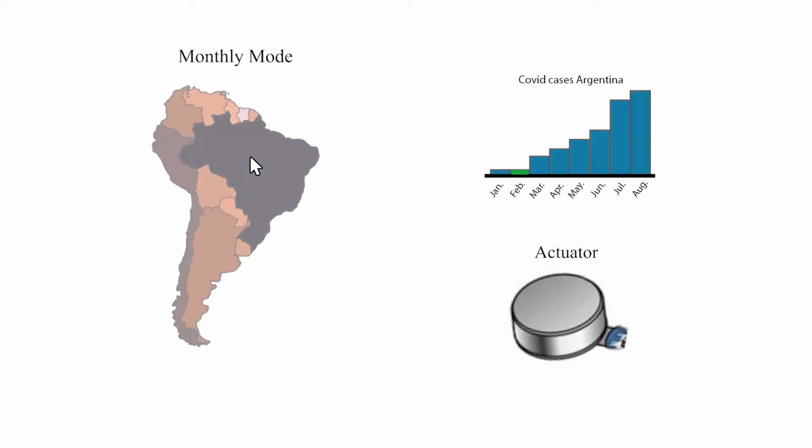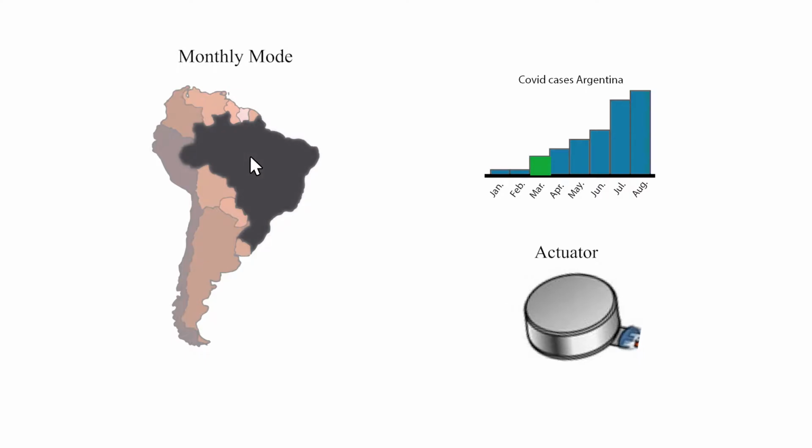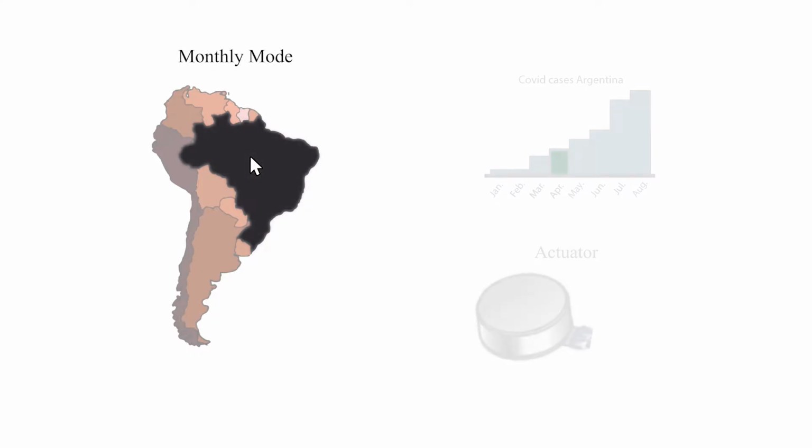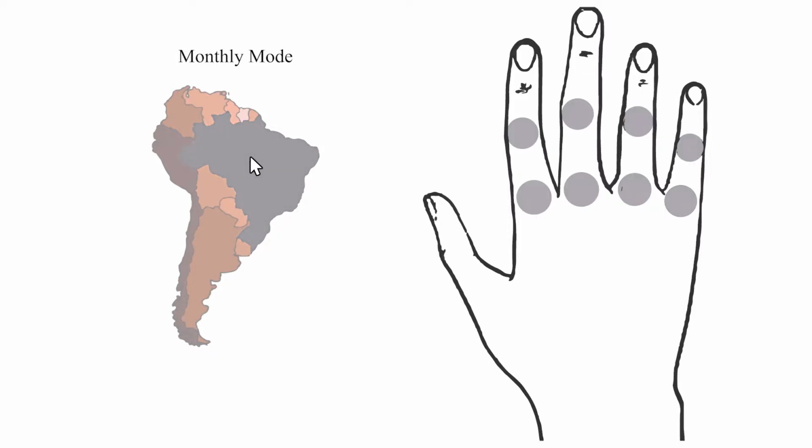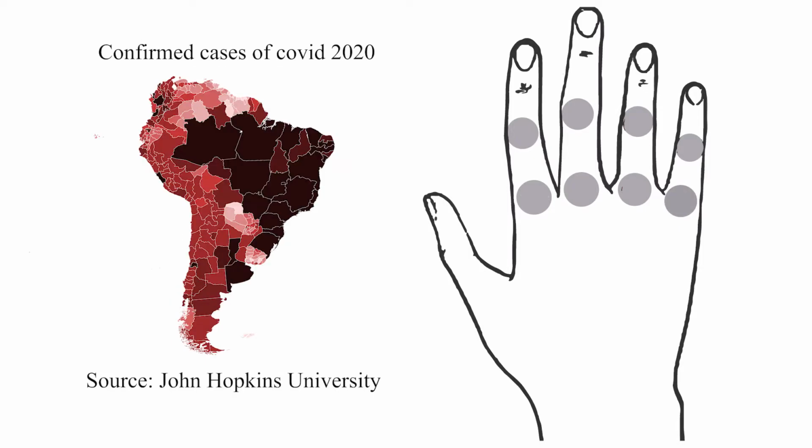In the monthly mode, the COVID-19 data of the country being selected is haptically displayed month by month. A maximum amplitude of vibration is defined according to the month with the highest value for that country. This mode uses a vibration transition that identifies each month, with all the actuators being linked to the same signal. In this manner, users can easily identify the different waves of COVID-19 cases and deaths in each country, month by month. For this work, we are using data provided by Johns Hopkins University.